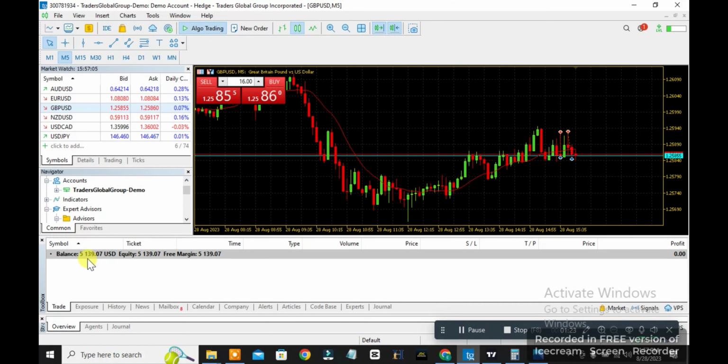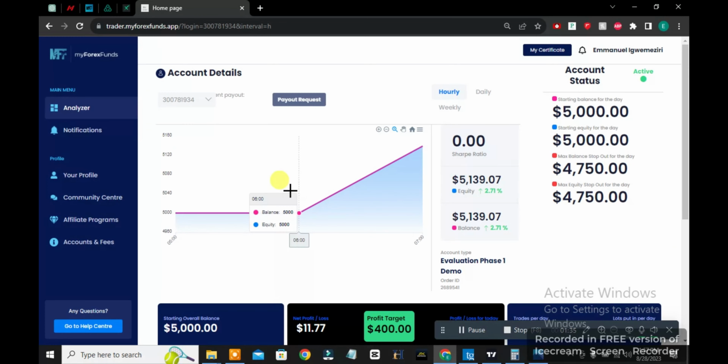As you can see, I'm up a little bit over 3%, slightly above, almost at 3%. I think $11 difference, or let's say $10 difference. If I go show you the dashboard, you can see I'm up 2.71. Let me refresh it real quick so you guys can see what I'm talking about. Yeah, I'm up